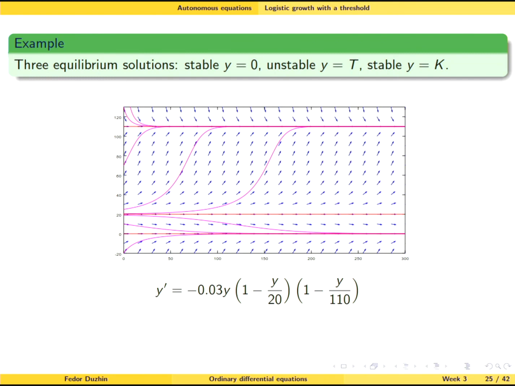And this is a sample of solutions. Right? So if the initial point is slightly above the threshold, then the population is going to grow and eventually is going to approach the carrying capacity. If the initial population drops slightly below the threshold, then it's going to converge to 0. And this is what's been conjectured to have happened to the passenger pigeon. So because of hunting, in every colony, the initial population dropped below the threshold and they disappeared. Okay, so here